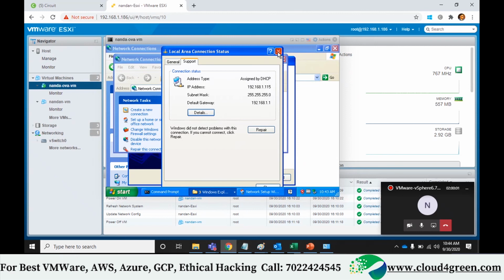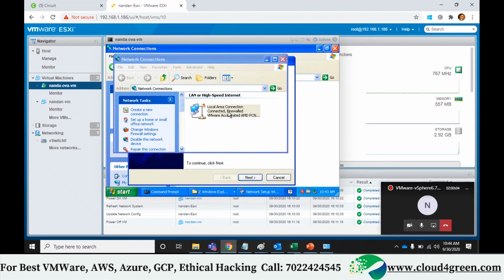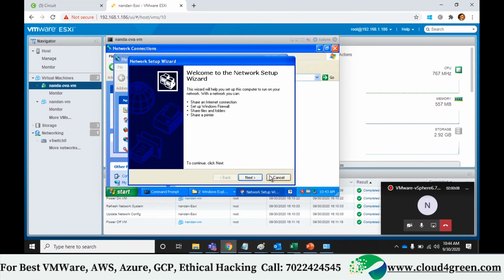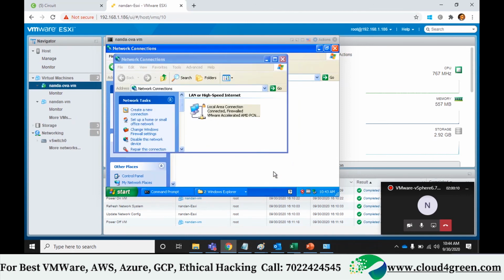So who provided this machine IP? This is moving via what? Our physical NIC card only.